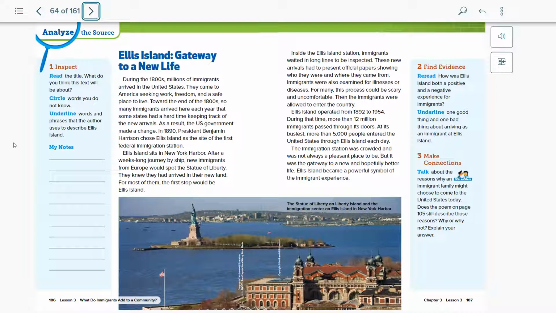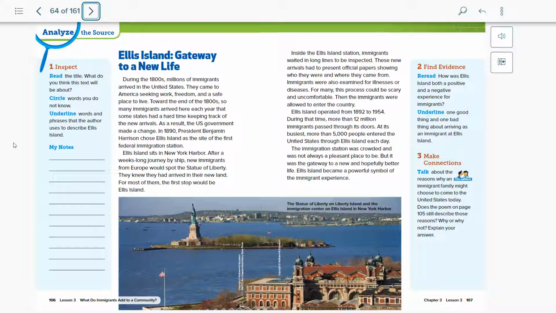Ellis Island, gateway to a new life. During the 1800s, millions of immigrants arrived in the United States. They came to America seeking work, freedom, and a safe place to live. Towards the end of the 1800s, so many immigrants arrived here each year that some states had a hard time keeping track of the new arrivals. As a result, the U.S. government made a change. In 1890, President Benjamin Harrison chose Ellis Island as the site of the first federal immigration